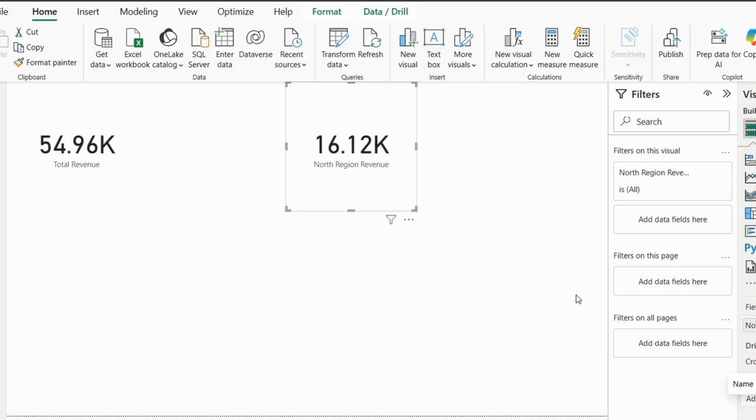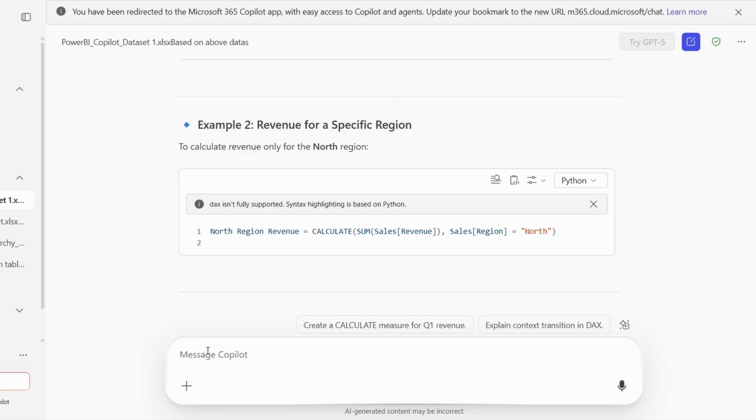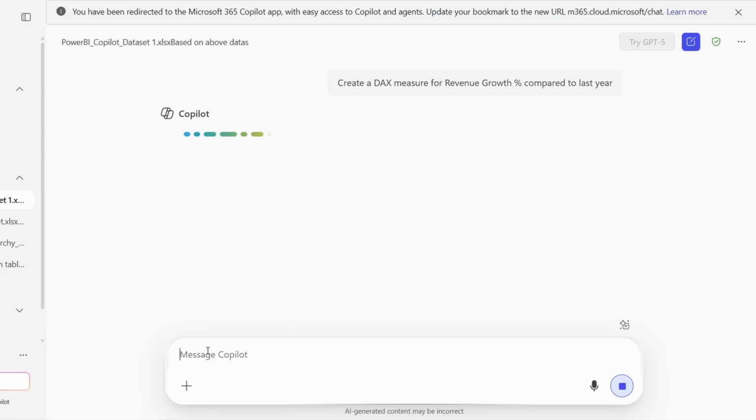Now I want to make a DAX function which will calculate my growth over the year, and I don't know the DAX formula. So what I can do is go to Copilot again. Here in Copilot, I'll write a simple English sentence which will help me create a DAX function based on that given prompt. If I write the prompt like this and hit enter,